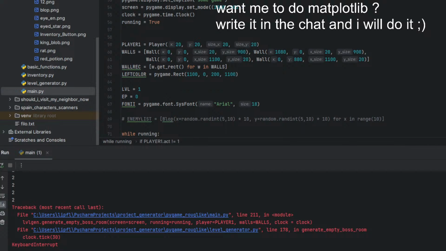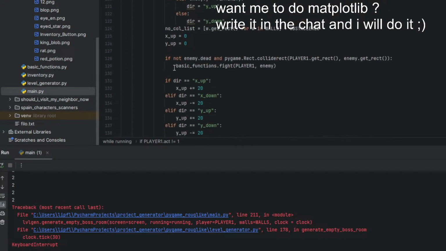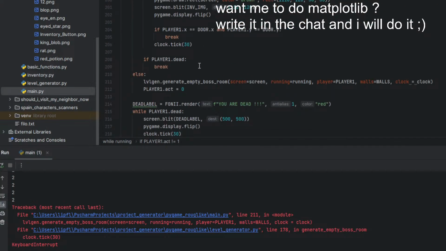Having multiple options like Matplotlib, Pandas. Another option should be Numpy. Another option should be pygame. So feel free to vote, and I will still try to implement the program.